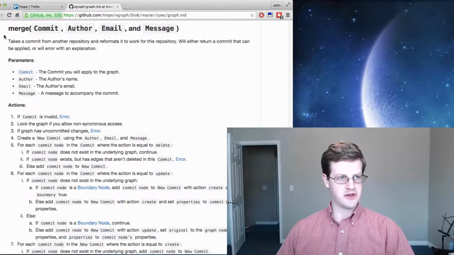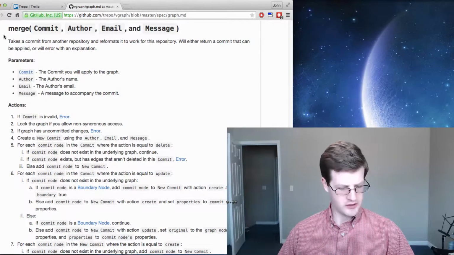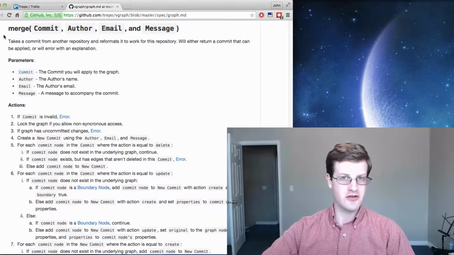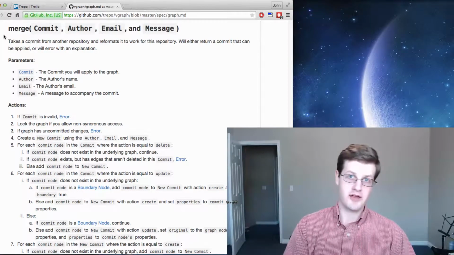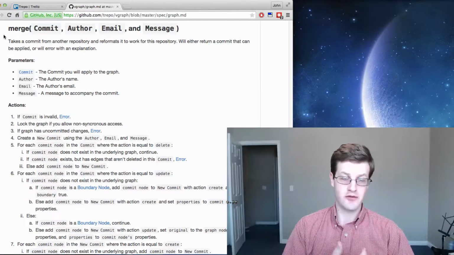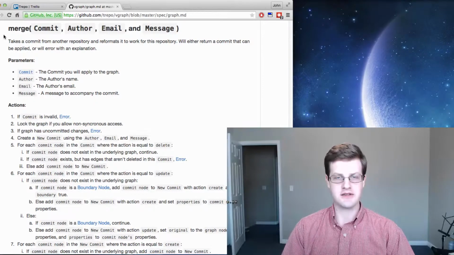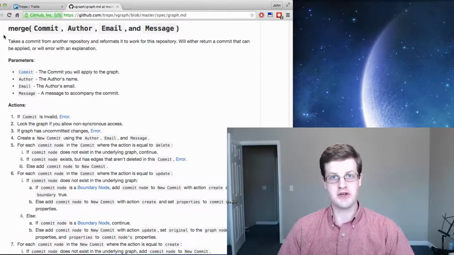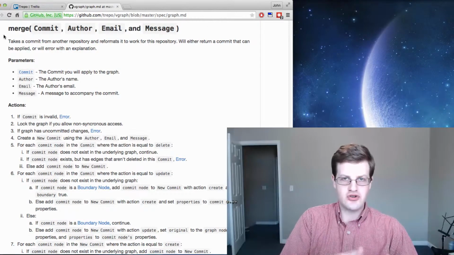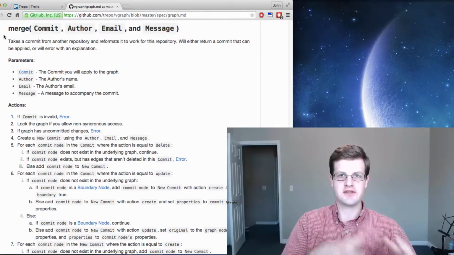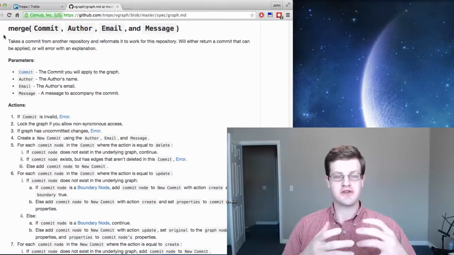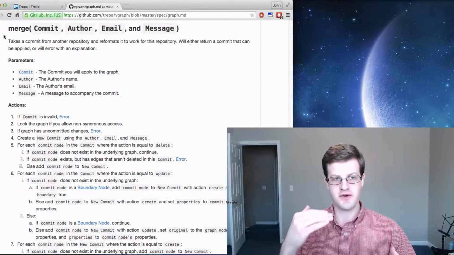Merge. So last time I was going through some mental exercises trying to figure out how I can take something that's a few commits past and undo it, or take external commits and apply them to an instance of vGraph. I was running into situations where I couldn't guarantee undo if I just applied the commit. I had to do a transformation on the commit to fit it to the current state of the vGraph instance. So I created merge. It takes in a commit, and then you specify an author email and a message,